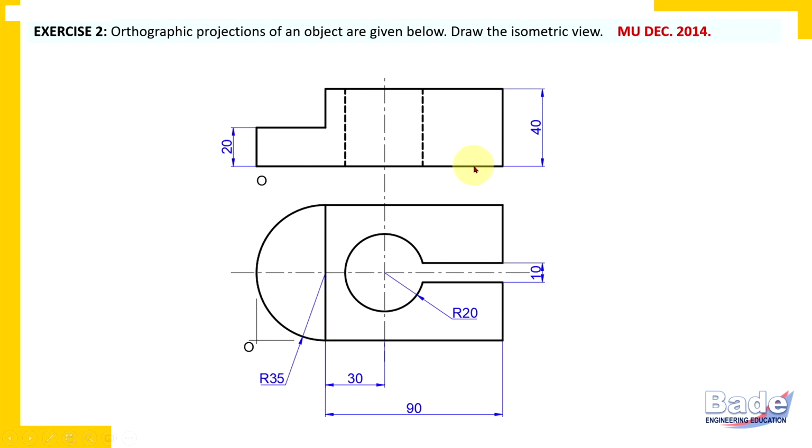Which two dimensions appear in the front view? Length and height. Which two dimensions appear in the top view? Length horizontally and width vertically. So orthographic views are two-dimensional views, but isometric view is three-dimensional. And in isometric view, we measure these three dimensions in these three orientations. So the vertical axis is of course the height axis, but the other two axes, that is the length axis and the width axis, are at an angle of 30 degrees.